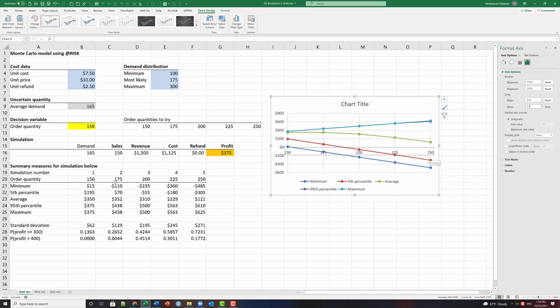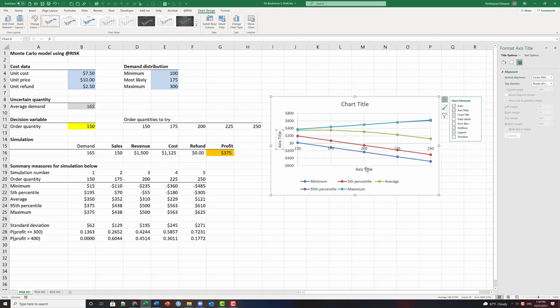All right, so that sets up our x-axis, and let's now give some titles. X-axis title is order quantity, and this is profit by order quantity,